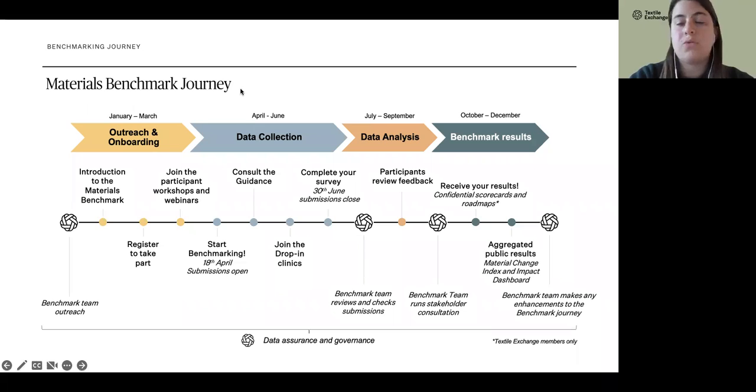And if needed, we will ask participants to review the feedback and provide comments. Between October and December, in the last quarter of the year, we will launch the results, both the confidential ones, like the confidential scorecard, and the public results, like the material change index and the impact dashboard.